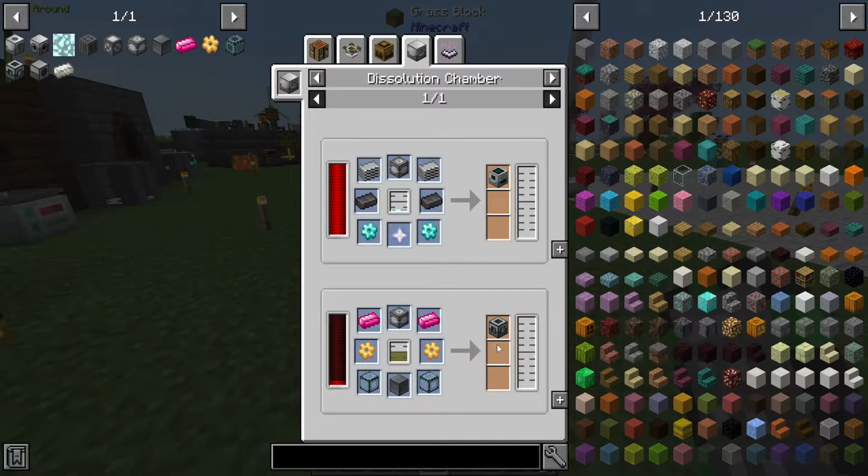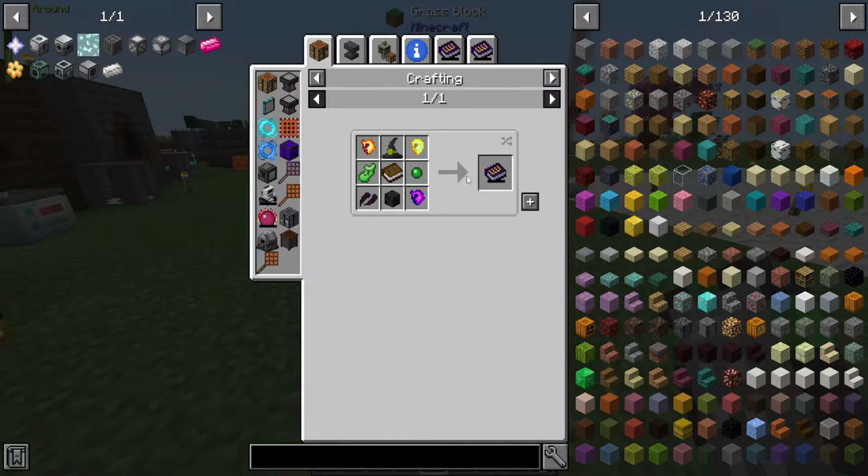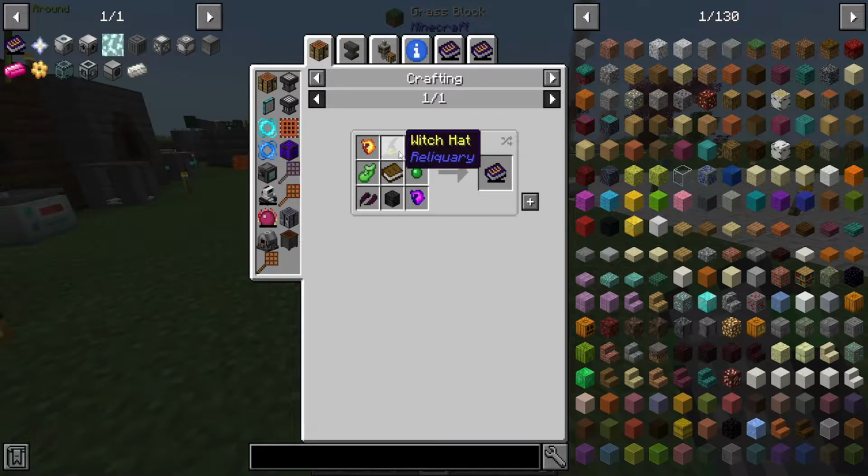But yeah, it's mostly from the machine frame. Yeah. So, and also we need the nether star. I'm thinking about making this tomb. Almost have everything. I'm missing like a charge and a slime perm and a witch hat,